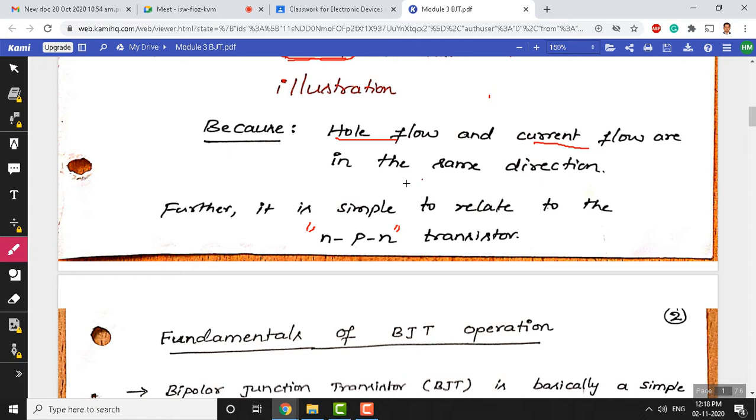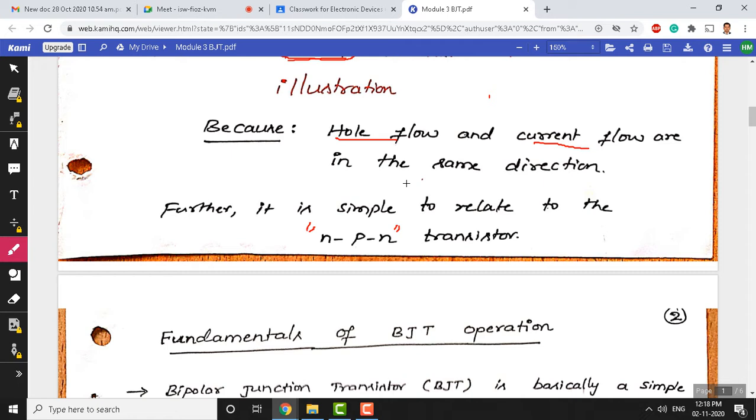At the time of invention, they had never thought that this was going to change the world. But today, we don't have an electronic system without the BJT. The BJT is used in every electronic system. But from the 1960s onwards, a little change happened. In place of the BJT, we started using the field effect transistor because of power consumption. BJT fabrication is also quite difficult compared to the field effect transistor.